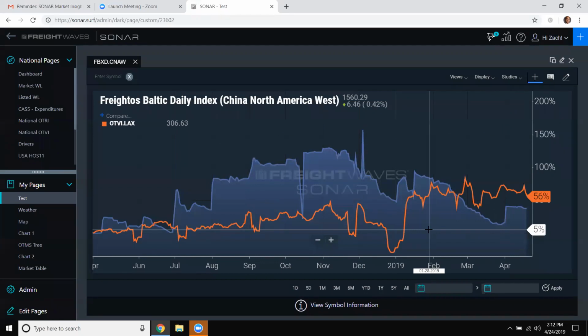That's a good indication that we're going to have a lot more volume and not simply a capacity management issue, as we have a lot of times in the truckload market. They can control the capacity a lot more easily in the international shipping market than they can in the national truckload market. And as part of Zach's team,